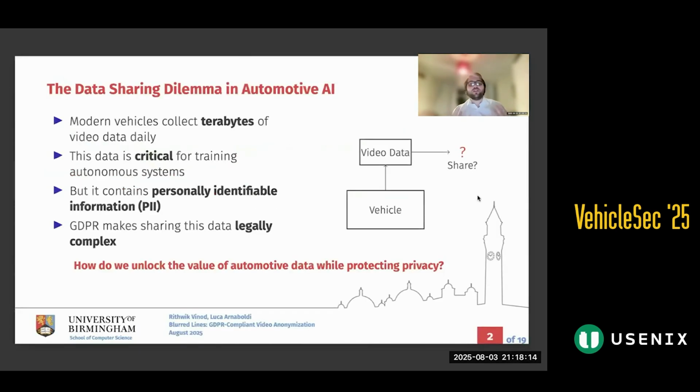Okay, so let's actually start from generically what the problem is. Modern vehicles are effectively data generating machines. A test drive can be talking about petabytes of data, not even terabytes that I have in the slides. And actually, this data is critical, not only for training autonomous vehicles, but for monitoring, diagnosis, fault tolerance, detection, but also for understanding what is going on in terms of vehicles and for sharing this data.